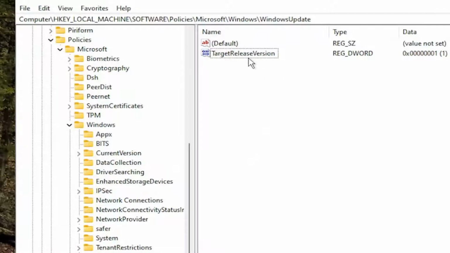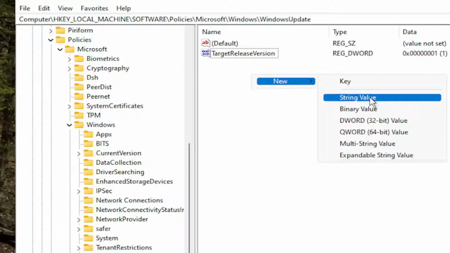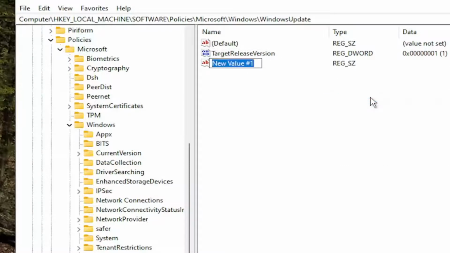And now underneath of this DWORD value, right click in a blank area, select New and select String Value. And you want to name this TargetReleaseVersionInfo, exactly how you see it on my screen. Hit enter,